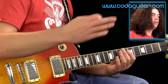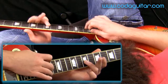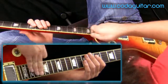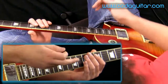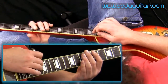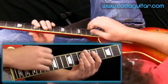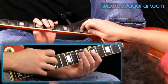Get really used to that, and then the next bit is just basically moving down to the A string. So you've got the D there, the 5th fret. And all the frets are exactly the same, they're just on the A and the D string this time. So you've got middle finger there on the 12th fret of the D, 14th fret of the D, 16th, 14th. And those two positions, if you like, repeat twice. So slowly it's